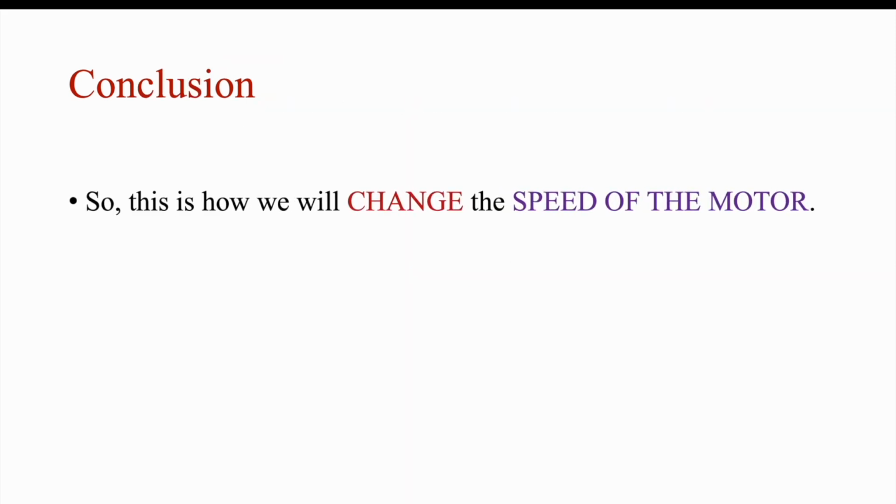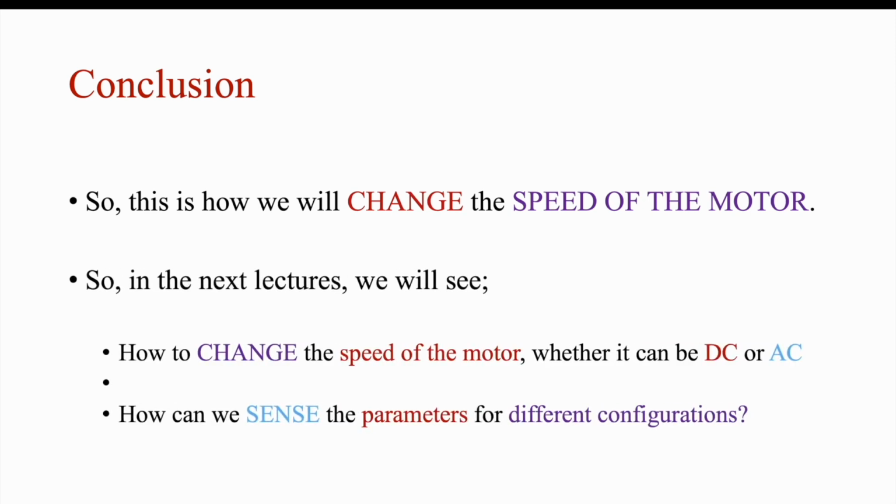Conclusion. What you have learned in this lecture is basically how we change the speed of the motor. We wanted to see the process, the phenomenon or the mechanism of how we can change the speed, and what the major blocks are that are used in changing the speed of the motor. And in the next lectures, we will learn how we will change the speed of the motor, whether the motor is AC or DC, or how we can sense the parameter for a different